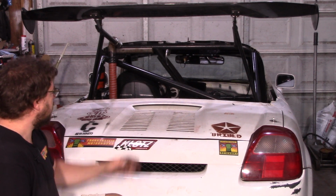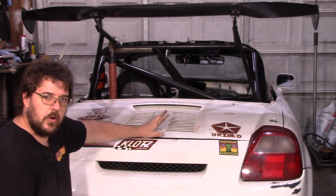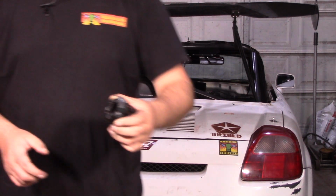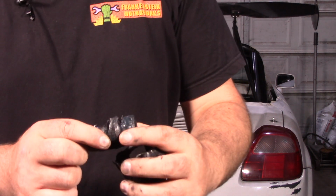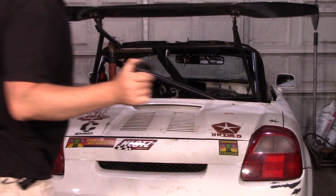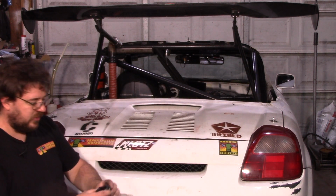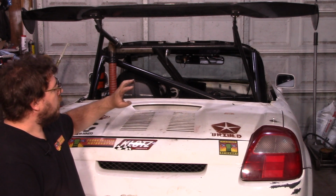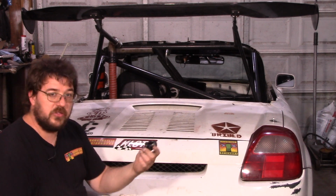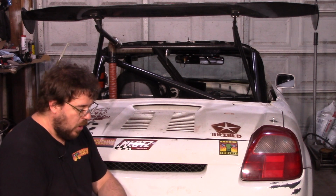The end result is the 2AR FXE that we've got in here that makes about 260 at the crank. We still melted down an axle, but I want to point out this isn't a fault with the TCS axles. Don't consider that issue. Nobody else is having these issues. What I want to check today is, did I screw something up? Because if you remember in that video, I completely disassembled it. Or